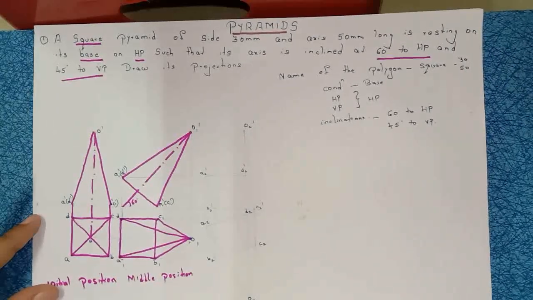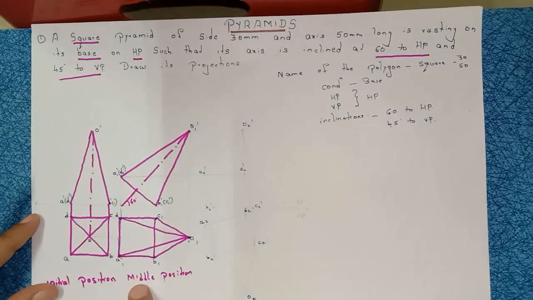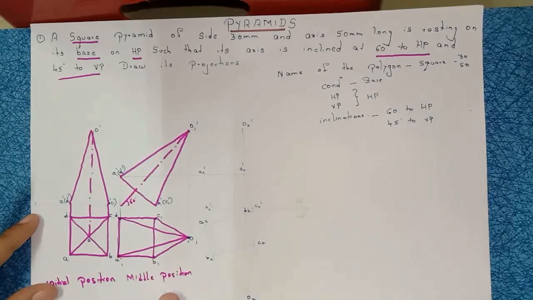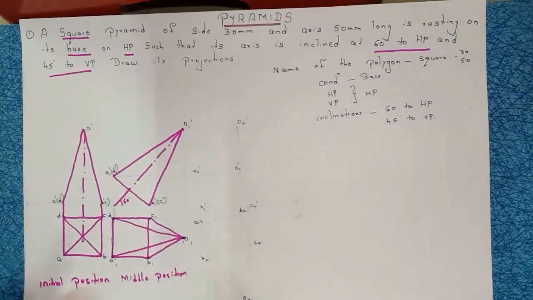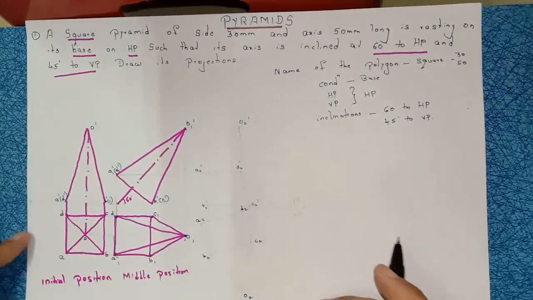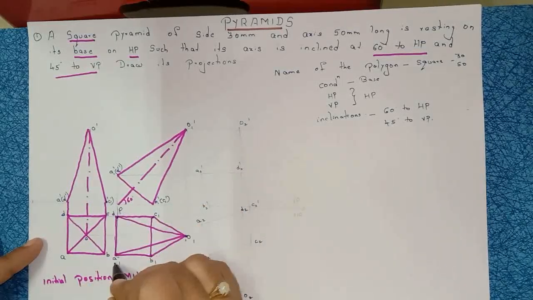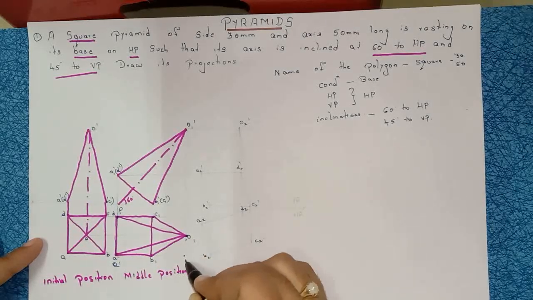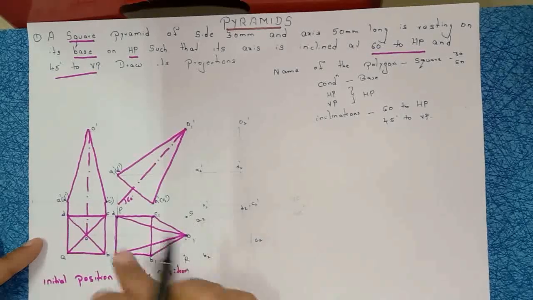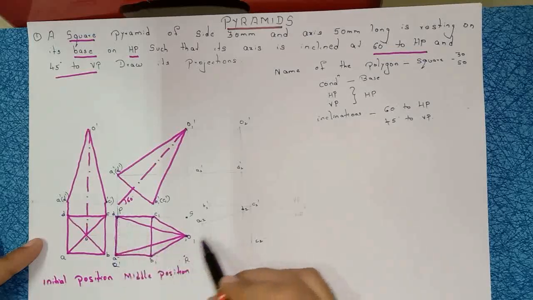Right? How to construct the third step? The third step always depends on the middle position, assuming the middle position was drawn by the box method. This is a square box, so write down the names as usual. This is the starting point. Name this point P, Q. From O, this is the last point: P, Q, R, S. P, Q, R, S is a box. Same box method construct here.